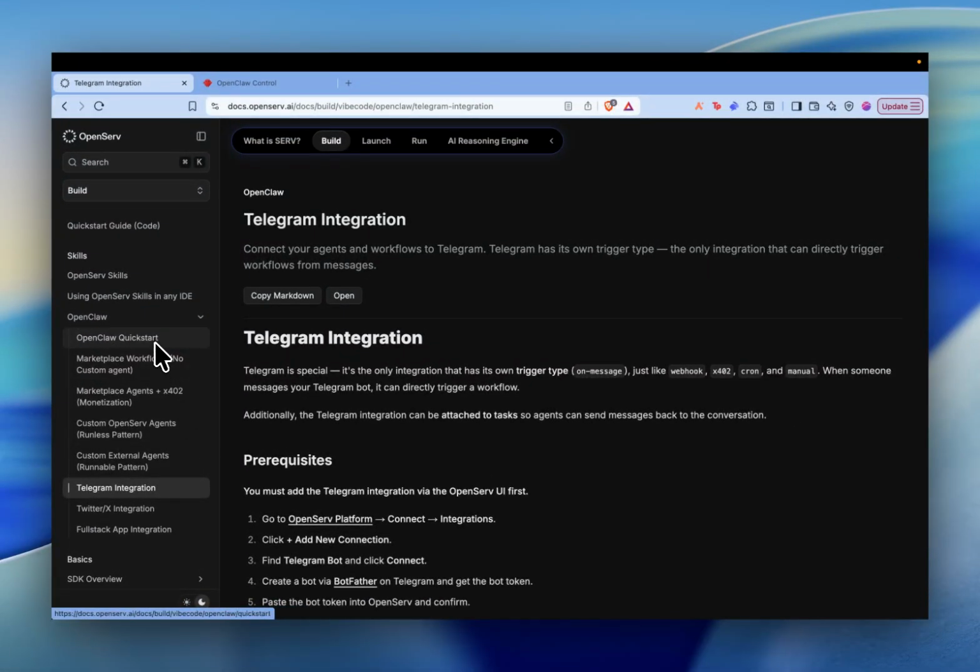have already gone through the basics of understanding the setup of the OpenServ skills, the installation and the projects folder setup and authentication, etc. And then moved to the part where we understood how we can build workflows or use cases using marketplace agents. And then also understood how we can add an X402 paywall to any of the workflows you create on OpenServ, and further moved to understanding how we can build custom OpenServ agents, either the runless or